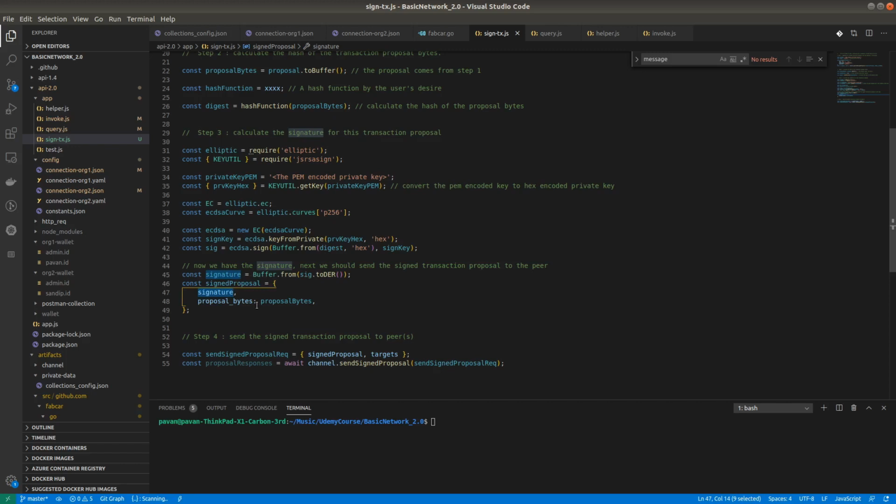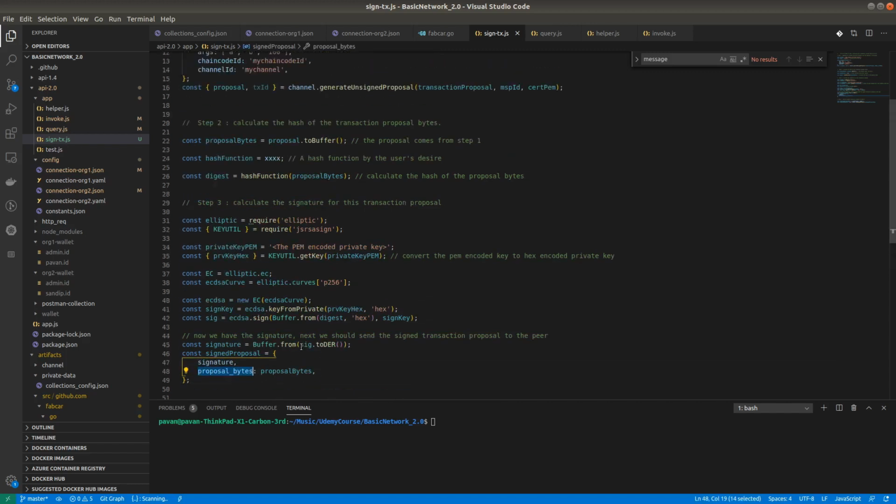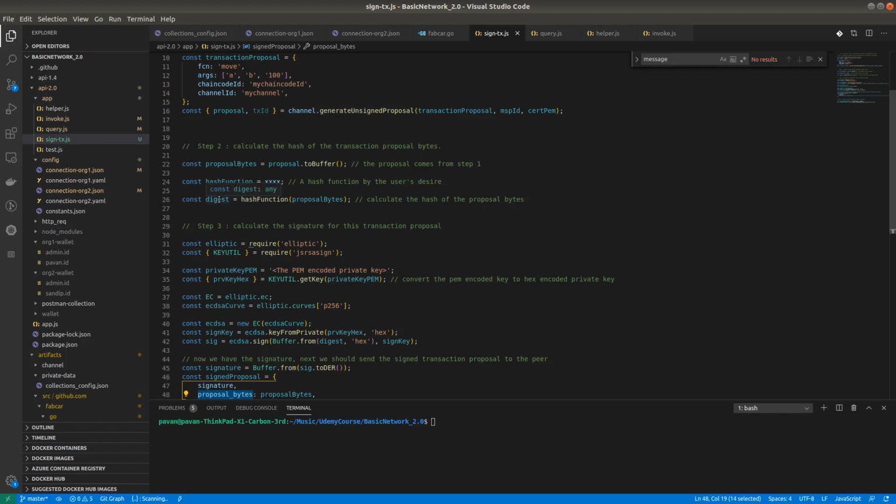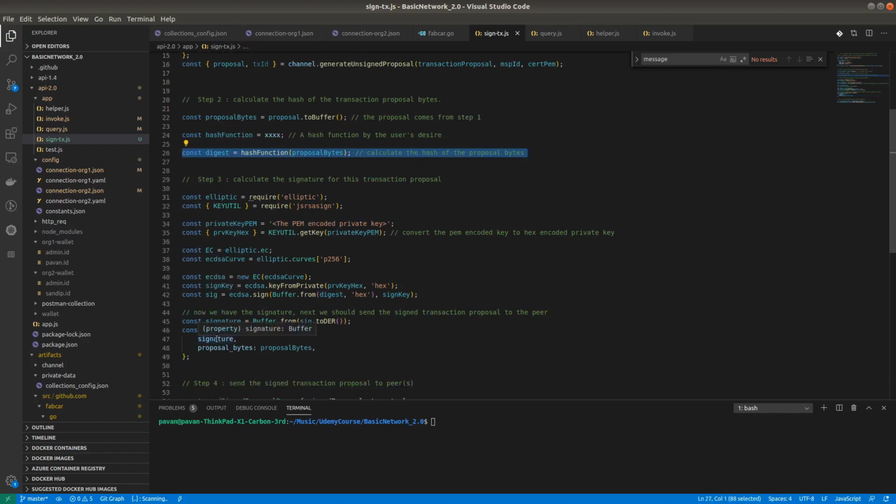At the endorsing peer, we already have these proposal bytes. The endorsing peer will also calculate the proposal hash, just as we calculated here, and the certificate will have the public key of the user. Using that public key, the endorsing peer decrypts this signature.